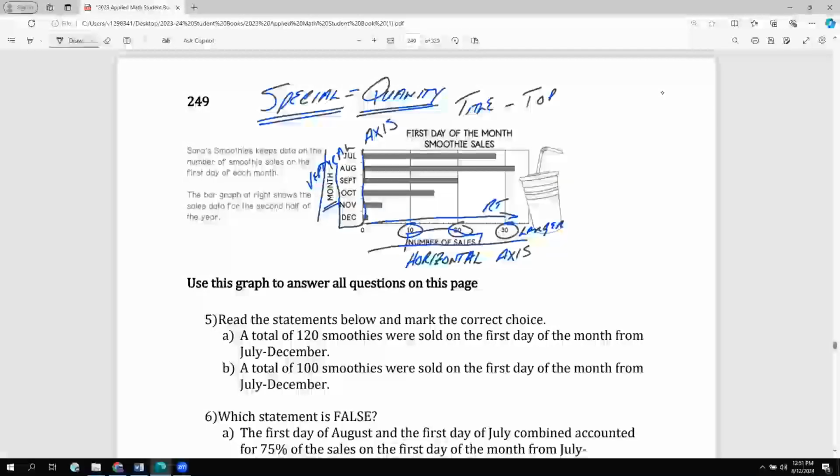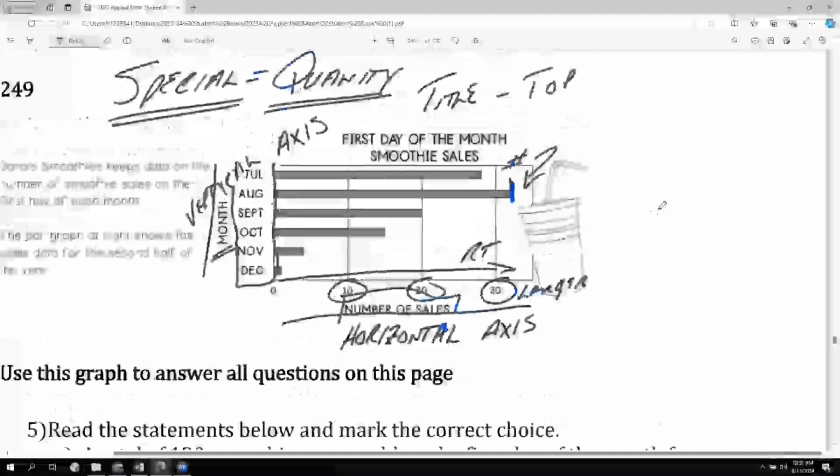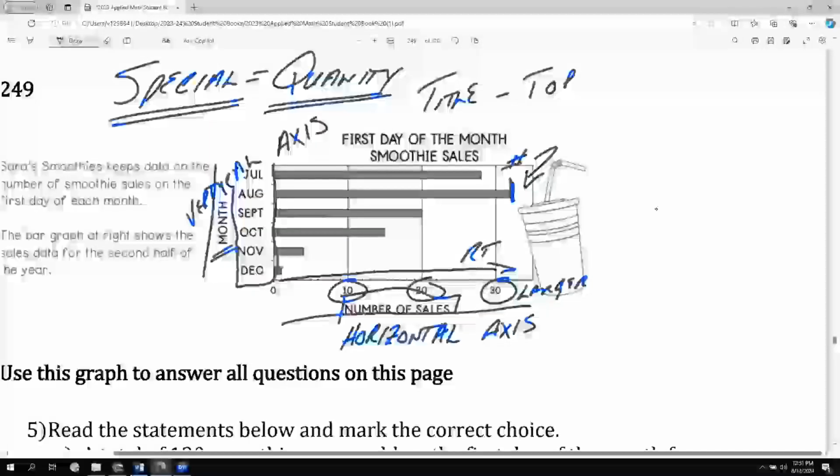As you can see, probably the easiest one to see is August. You'll see that it goes out this far. I'd say, okay, so easily I can see that the bar for August goes out the furthest to the right. Now, if I asked you, what are the number of sales? What is that number that we would relate to that? Now, this is where it can get just a little tricky. You have to be very careful when you do this. If I zoom in a little bit, you'll see that when we're looking at the chart,